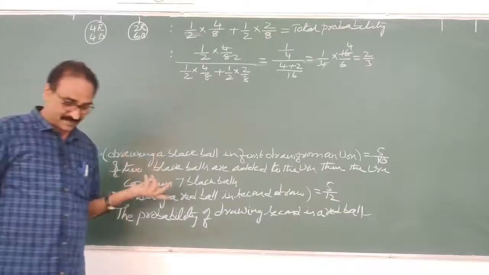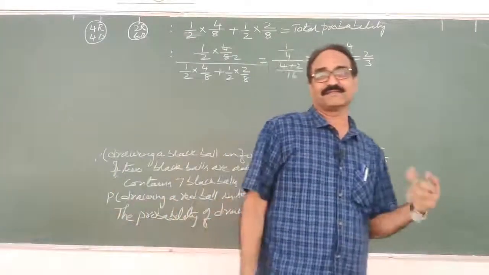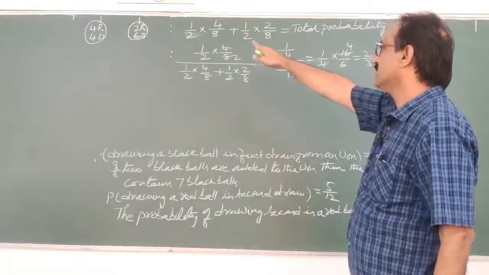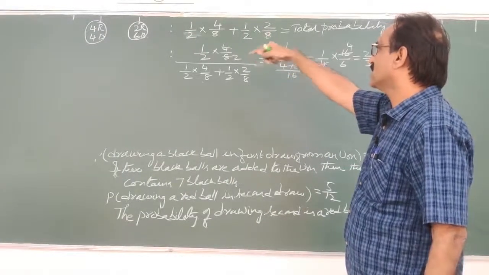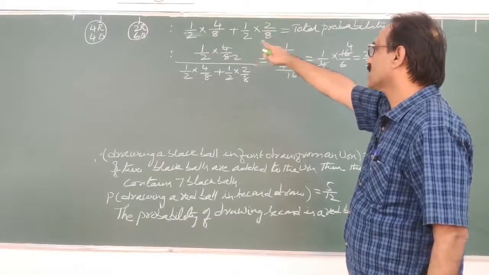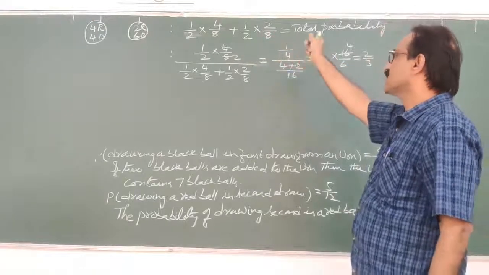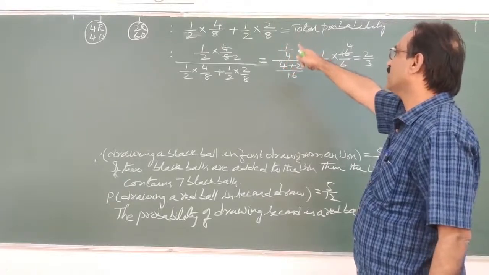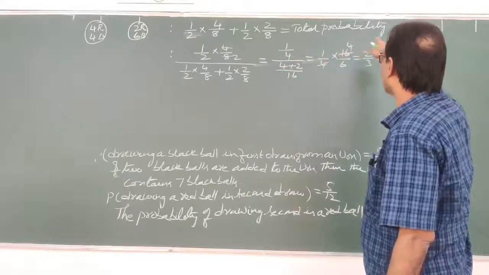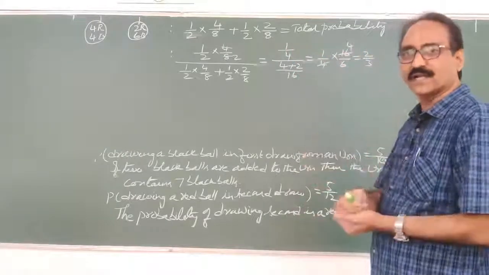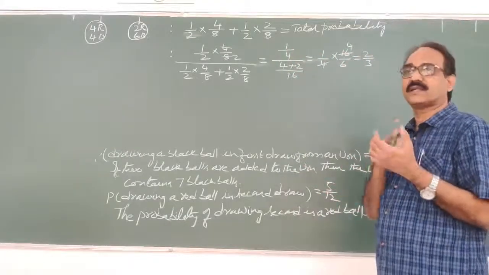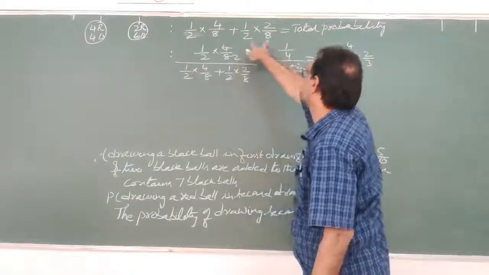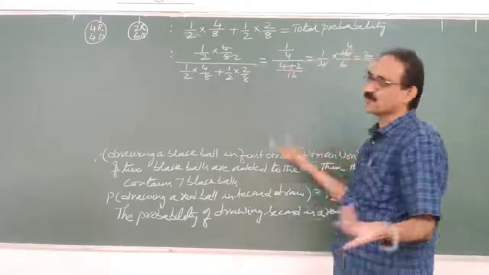So finally, the problem is over. Okay, I understood now. Now understood, sir. First I selected the bag. Selecting a bag is 1 by 2. In that first bag we want a red ball. The chances are 4 by 8. Otherwise, I may select the second bag. So the probability is 1 by 2. Getting a red ball from bag 2 is 2 by 8. That is called total probability. But the favorable event I want is what? The red ball from the first bag. So that probability is the same here. You write it by total probability, over, 2 by 3.